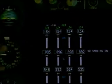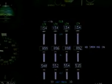Centre row of instruments here, basically engine instruments. We have a row of instruments for each engine, four engines on the aircraft. You can see engine number 1, number 2, number 3, number 4, and if we run through them,